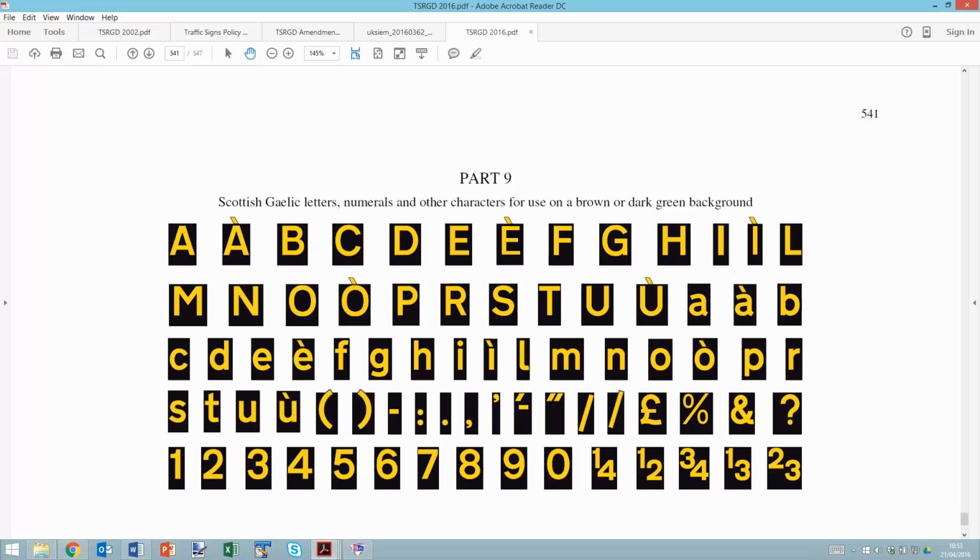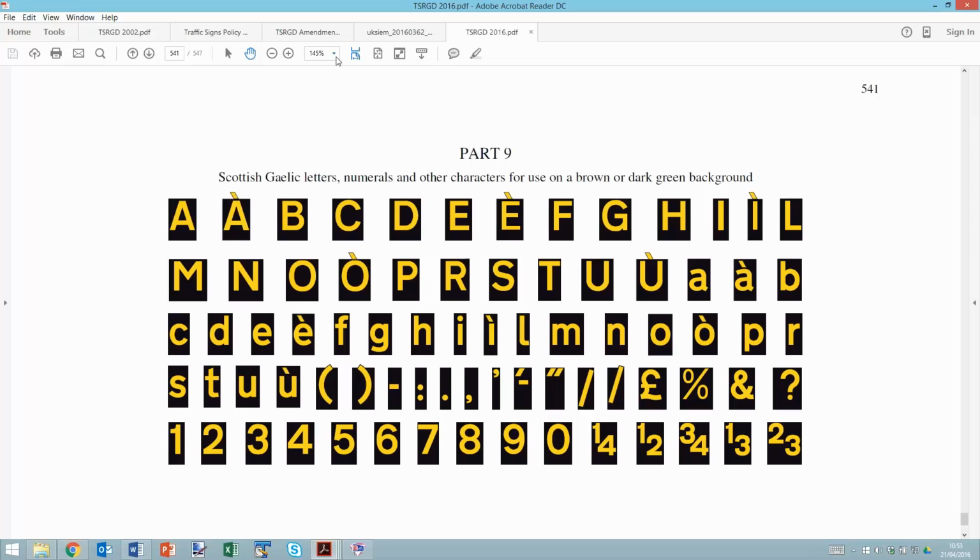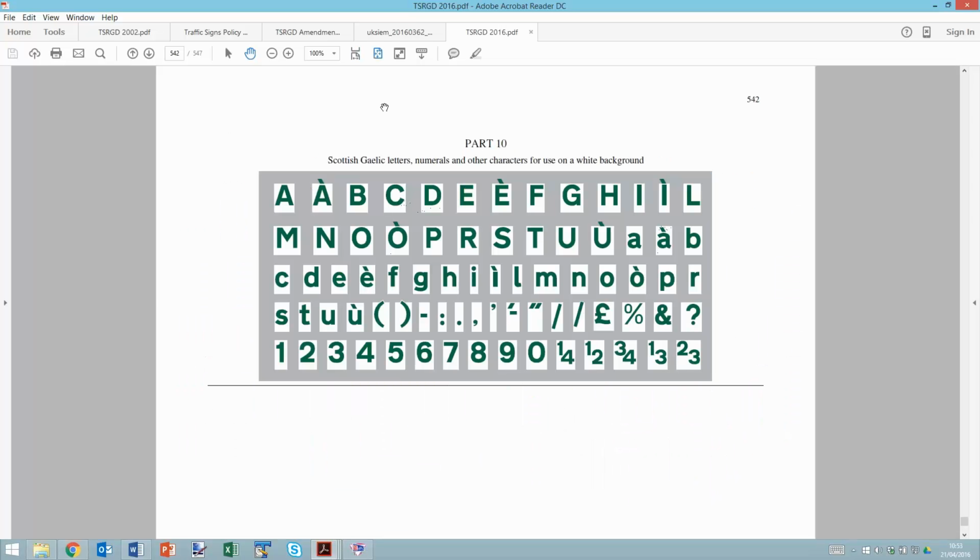There were initially some moves to use the grave based on the French look, or the one that's used in Wales, but this is a steeper angle above the letters, and there were some changes quite recently to the form that you see in the regulations there. So they're the yellow on black, and if I go forward to the next page, you can see the green on white characters there.